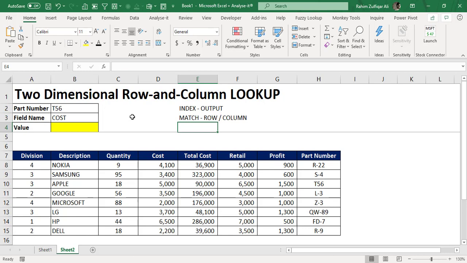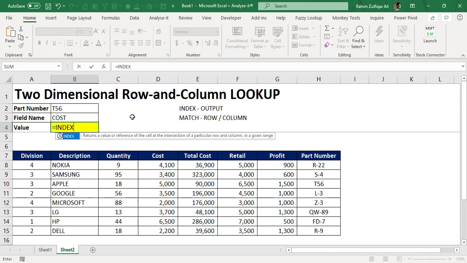So it also depends on how we are going to use the MATCH function in the INDEX function, how we are going to nest that function. Sometimes our query is basically one-dimensional, straightforward, so we use INDEX and one MATCH function. But in some cases we need a two-dimensional row and column lookup. So we are required to apply the MATCH function two times in the function arguments of INDEX, in the row and column. So here I will use INDEX and MATCH two times.